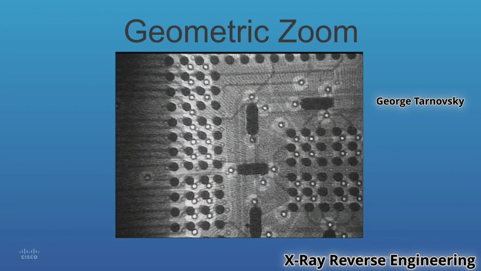Okay, so here's an example of a geometric zoom, as compared to an optical zoom. With optical zoom, you have signal to noise degradation. With the geometric zoom,